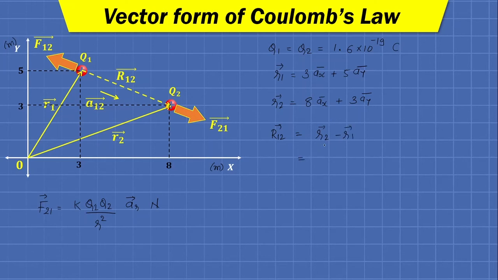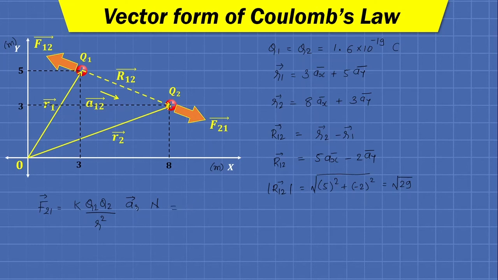So doing the calculation we will have 5ax bar minus 2ay bar, and the distance between q1 and q2, which is nothing but the magnitude of r12 bar. The magnitude of any distance vector can be calculated by the square root of the square of the x coordinate plus the square of the y coordinate. So it will give you root 29, which we can keep as it is. Fine, now putting all these values